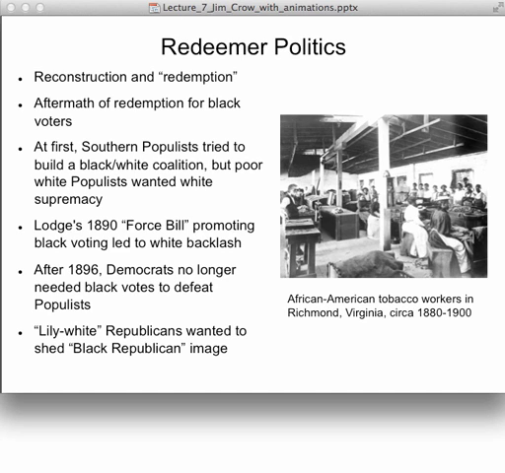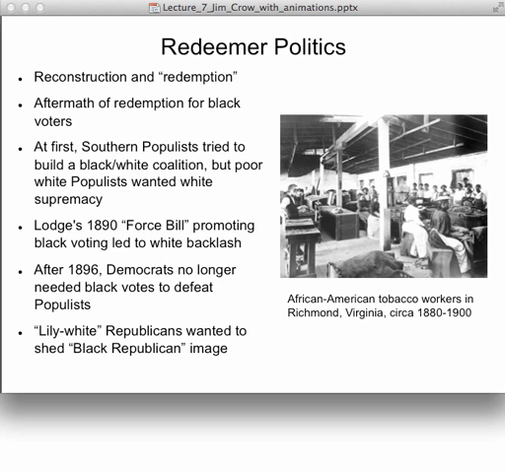Now, blacks for a while, even during the period of redemption, were allowed to vote. However, the threats and intimidation by the Ku Klux Klan and other white supremacists often would force black voters to vote Democratic. At other times, Democratic candidates would bribe African Americans to vote for them rather than for the Republican Party ticket.